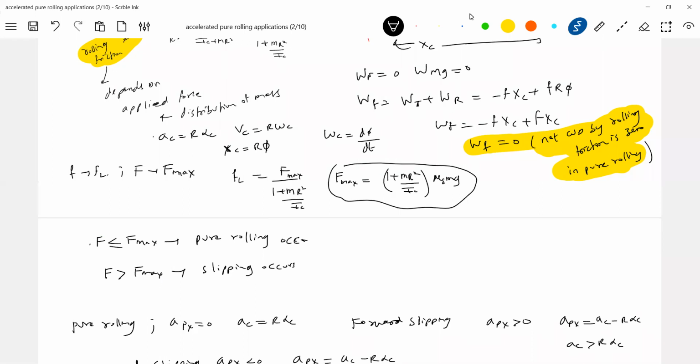Sir, is mu s a static coefficient? Yes, mu s will be the coefficient of static friction. Not mu r. It should be mu s only, strictly. So what is rolling friction? Don't call it static, don't call it kinetic. It comes into existence when the body is rolling, the friction that acts on a body when you apply an external force. Again, if you just give velocity and release on a surface, then kinetic friction will come as usual.